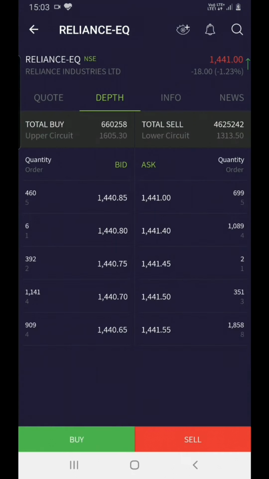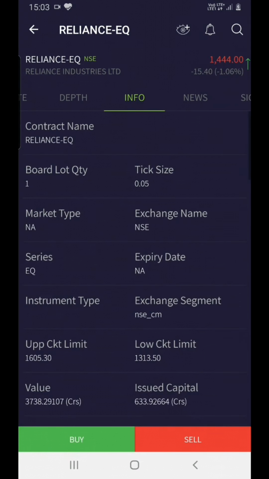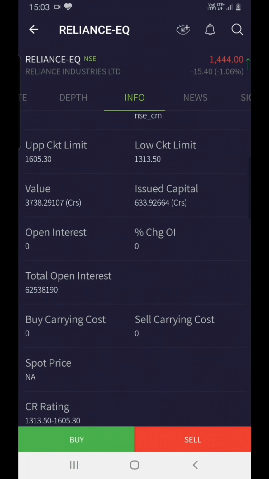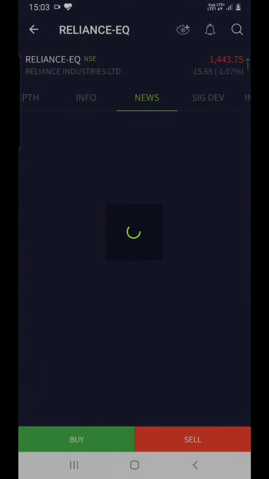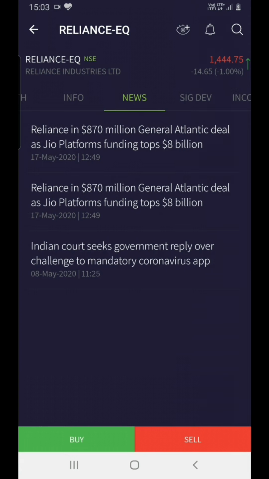Now we'll go to depth. As you can see, top 5 buyers and sellers in the stock. Info, a few details about the stock. News, relevant news about Reliance is there. Now we'll go back.